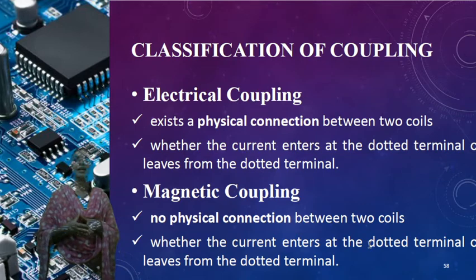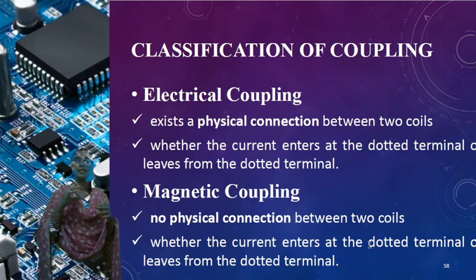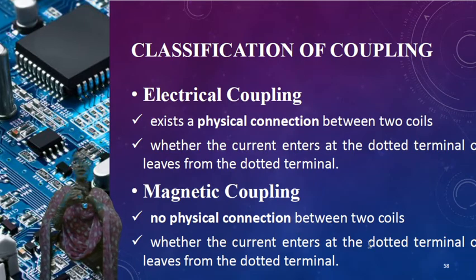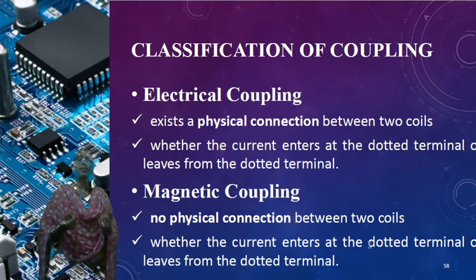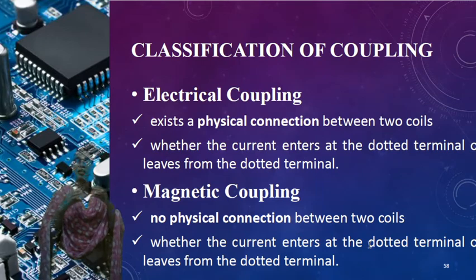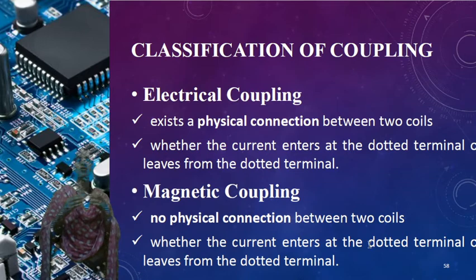The best example of magnetic coupling is the transformer. We have a transformer which has a primary winding as well as a secondary winding. Both are coils, but they are not physically connected. The voltage excited here is transferred from the primary coil to the secondary coil. Depending upon the secondary windings, it may be called a step-down transformer or a step-up transformer. These two coils are not connected physically, but induced voltages are generated and flux linkage will be there. So these two are called magnetically coupled circuits.